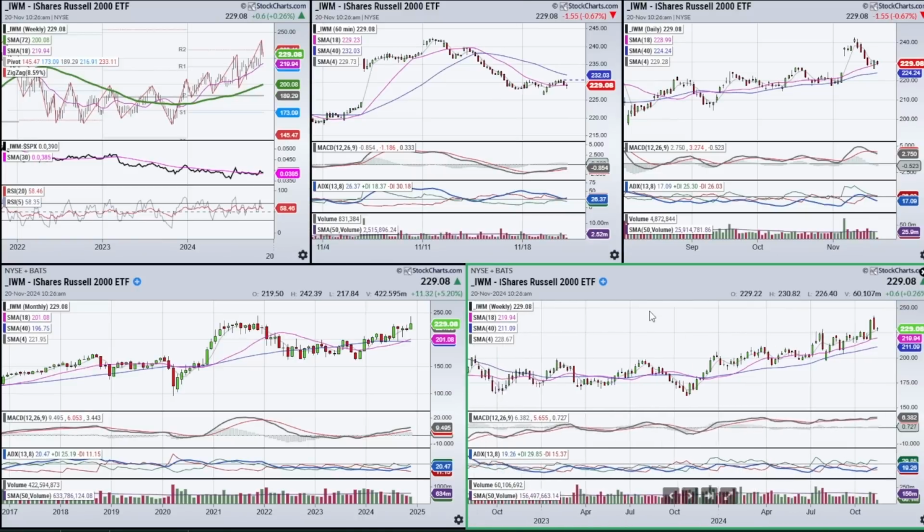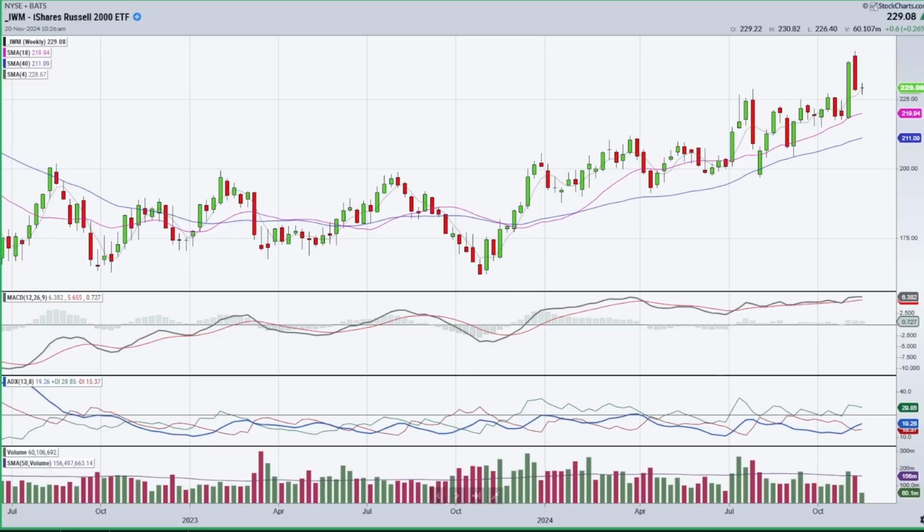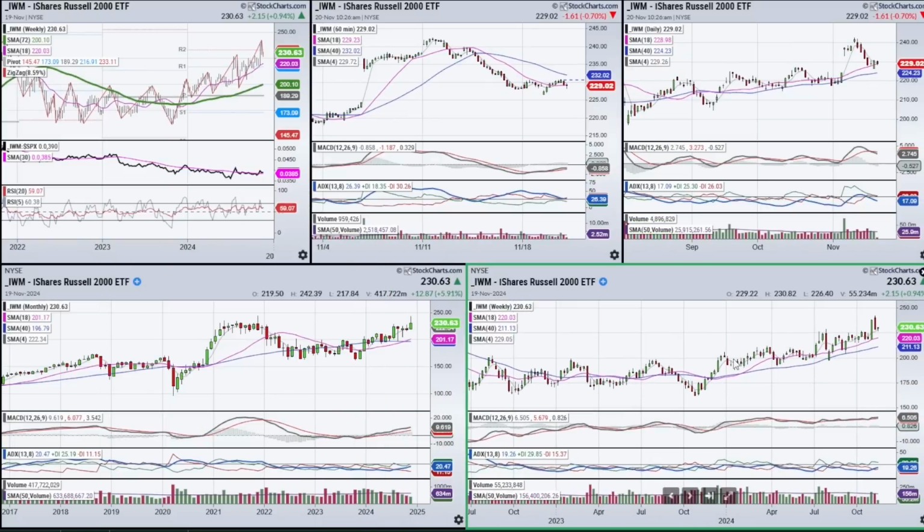Okay, so IWM is another reason why we got to be very careful here. We're sitting at this key level. Now on the Russell 2000, it's 2,300. Now the 225 level is key in the IWM. I think if we re-break that, then this looks like a little bit of a busted breakout, like a false breakout, and that this is going to take a lot more time